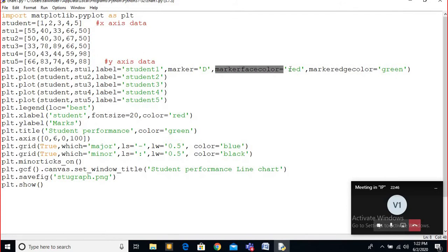The inside color is called marker face color. Okay, I kept marker face color red. Then there is a marker edge color. Edge means the outside boundary color of that. So if you want to give this, it is not mandatory. If you want to give, you can give. Okay. Then we have the